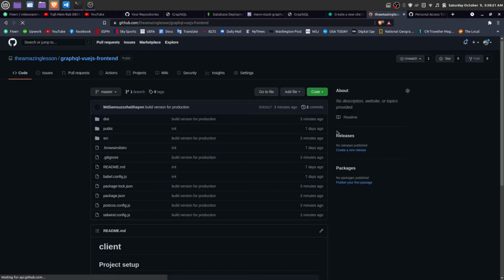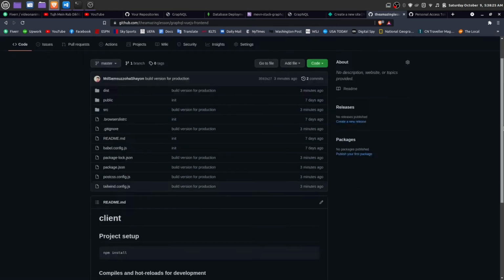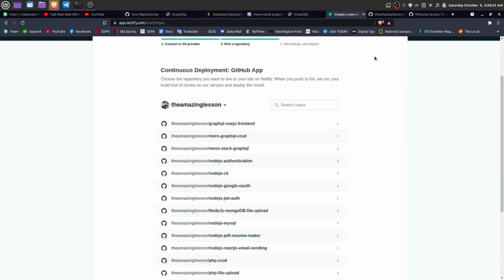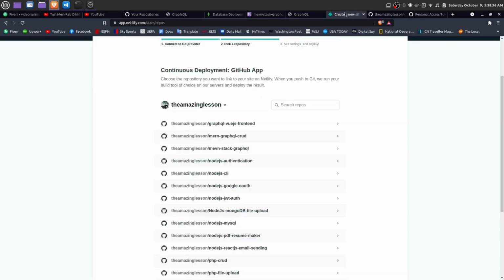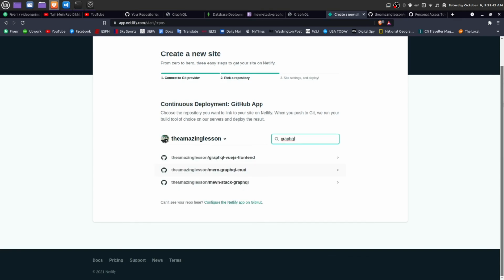Okay, here we have a dist folder, and this is our Vue.js project. So once again go to Netlify, and the name of our project is GraphQL Vue.js. Just search for GraphQL Vue.js frontend.